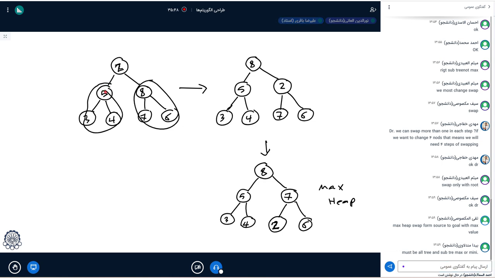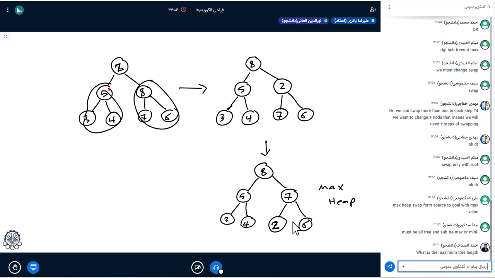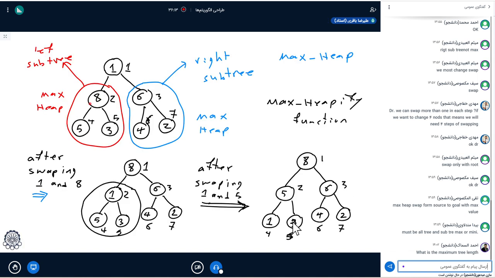If in this example, instead, we have 8 in the left subtree and 5 in the right subtree, we should find the maximum. In this example, the maximum is in the right subtree. In the previous example, as you see, the maximum was in the left subtree. So we find the maximum, which may be in the left, as in this example, and we swap the left subtree